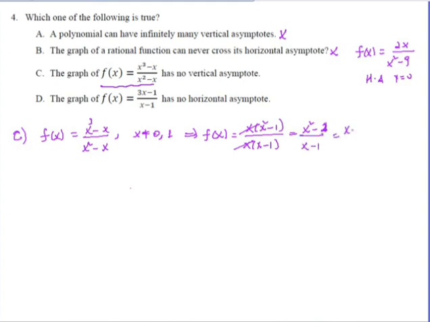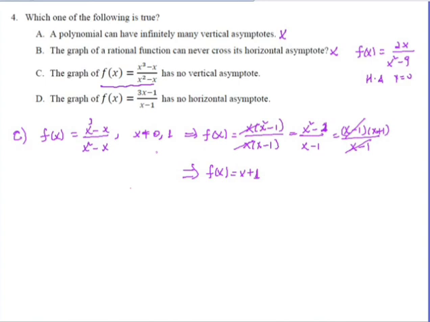Again, x squared minus 1 can be written as x minus 1 times x plus 1. Now we have another expression that can be cancelled out. So the simplified form of the given function is x plus 1, which is a straight line,